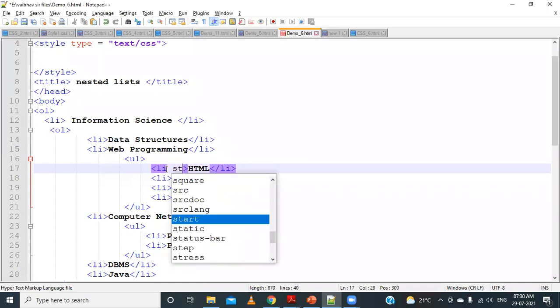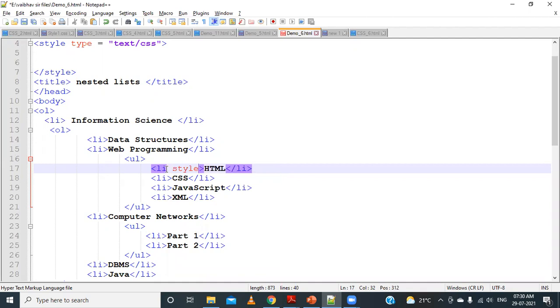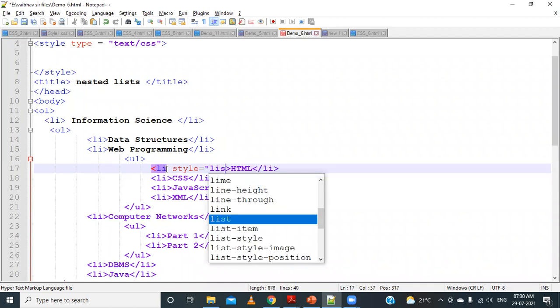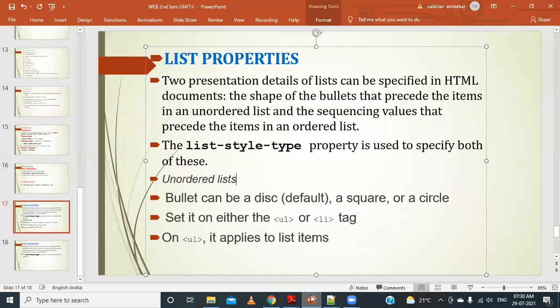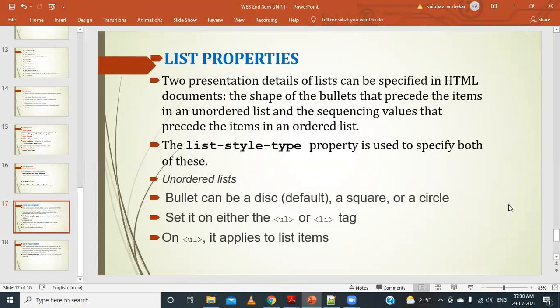So for li, we have to use style equal to list-style-type. By default, here we have the different properties that are available.